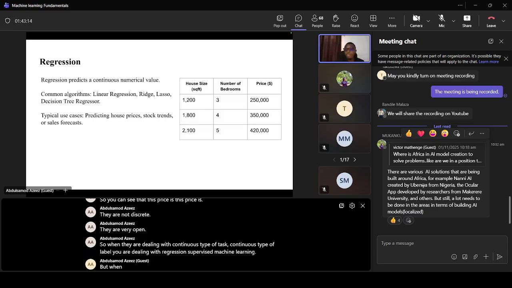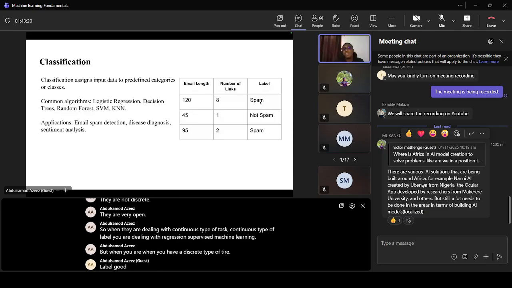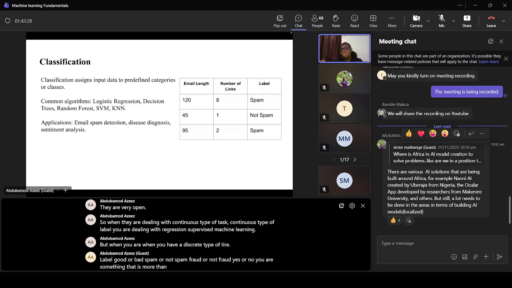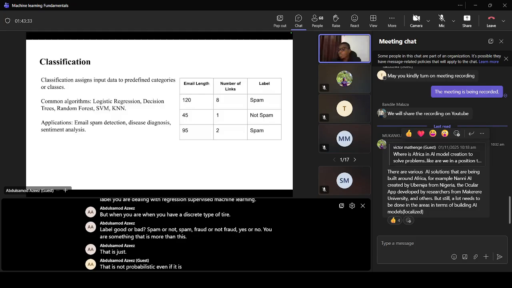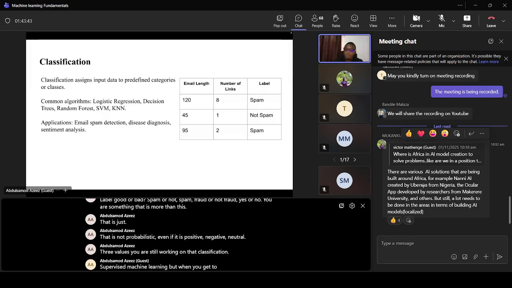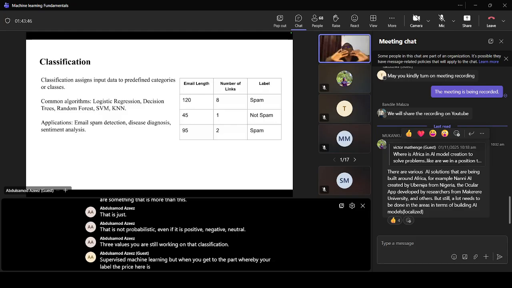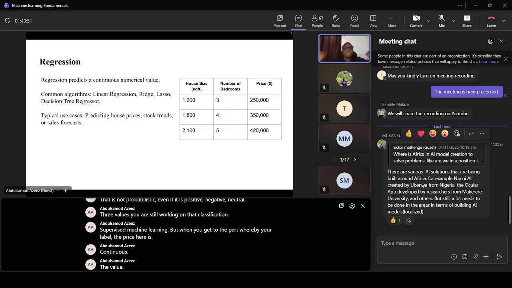But when you have a discrete type of label, good or bad, spam or not spam, fraud or not fraud, yes or no, or something that is more than this, that is not probabilistic, even if it is positive, negative, neutral, three values, you are still working under classification supervised machine learning. But when you get to the part whereby your label, the price here, is continuous, the value is open-ended, you are dealing with